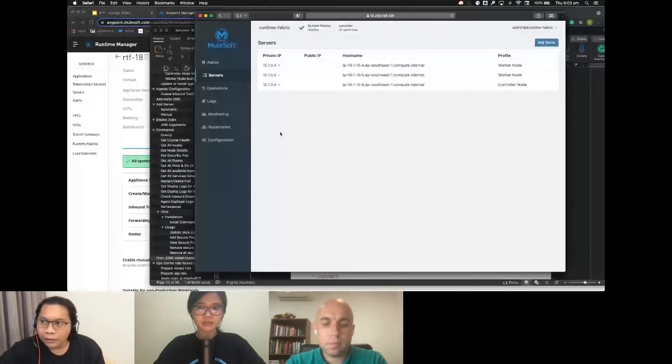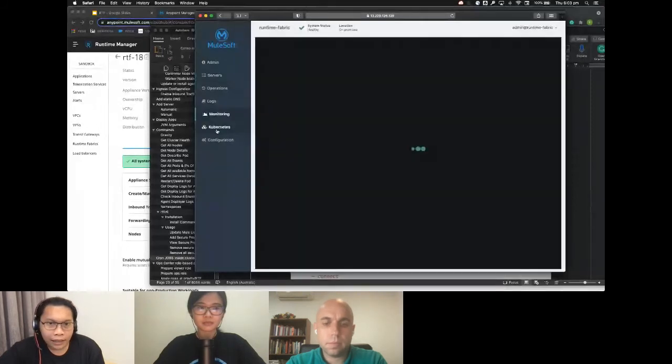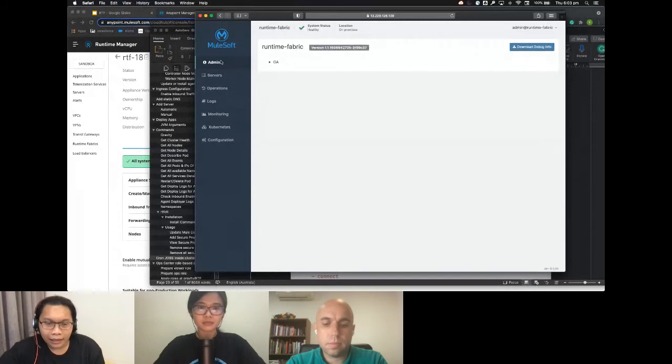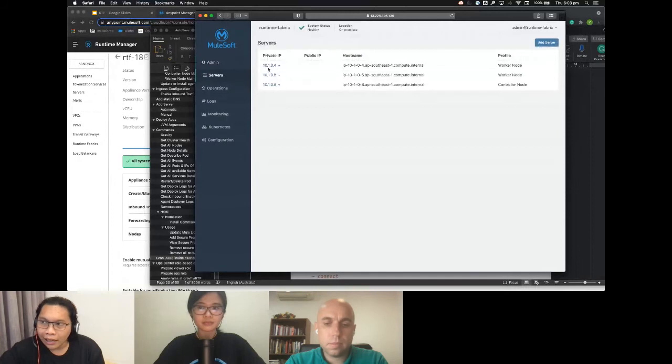jobs. For example, I can go to a server and log in as root to that server directly via this console, and other things. Some of the users of the RTF don't want this capability to be open to all users. So the read-only setting can be referred to in this runbook. This is how you can create a different role on the Ops Center.